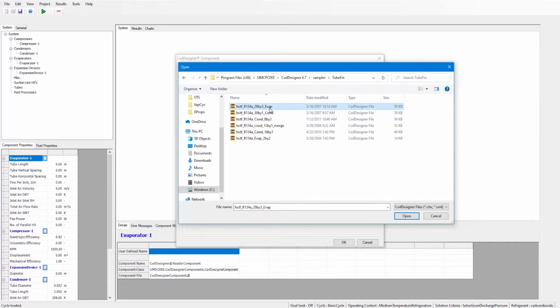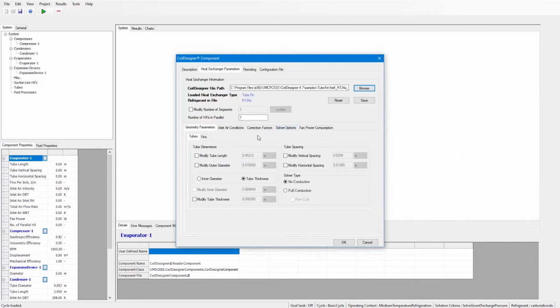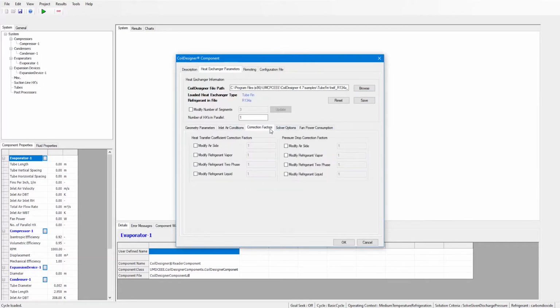We will be using a tube fin heat exchanger for this example. In this case, an evaporator was selected, so the CoilDesigner component we will choose is the one labeled evap. Once a CoilDesigner file is selected and loaded into VapCyc, all the properties from the file are shown in the